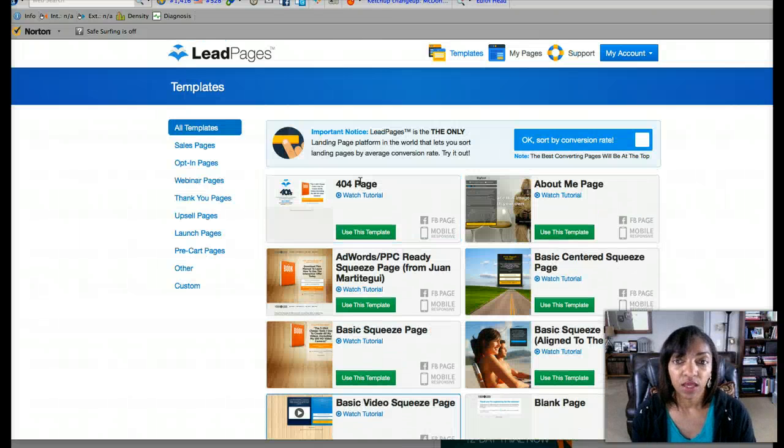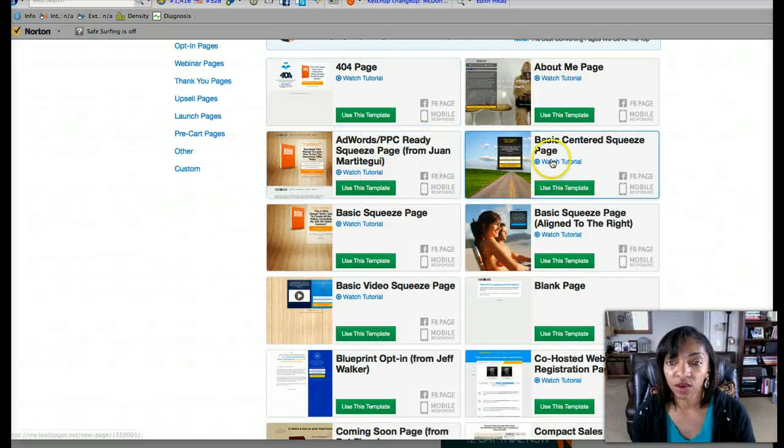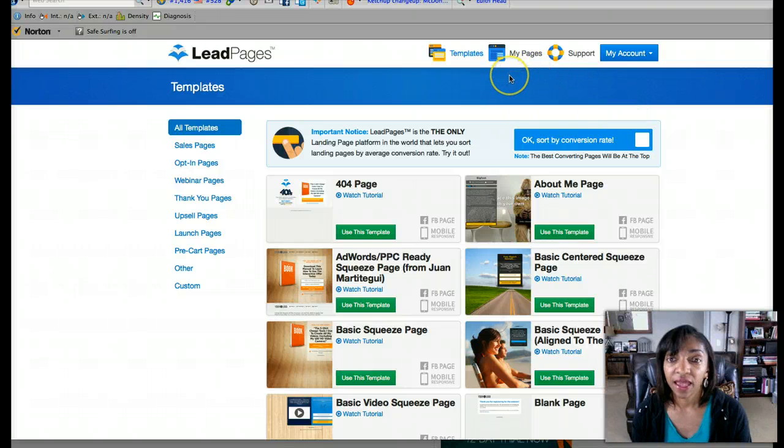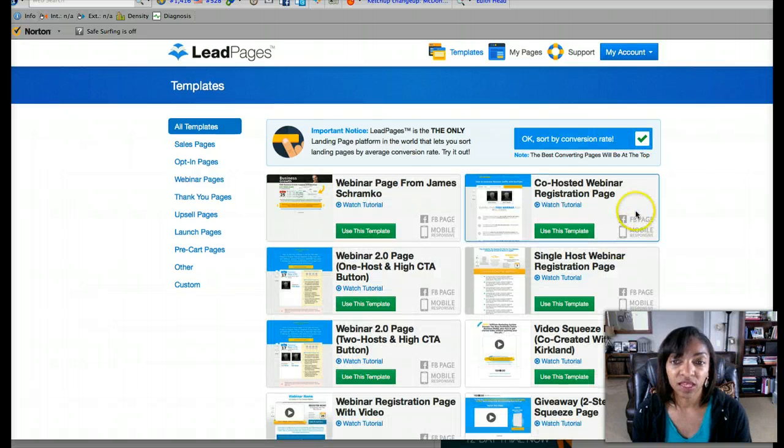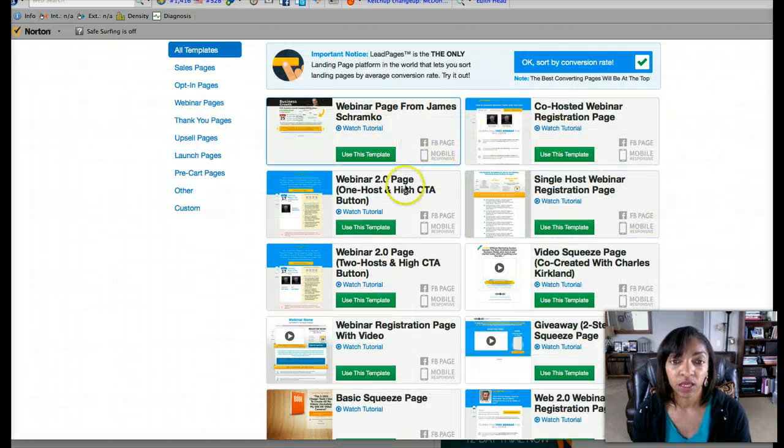So let's see here. Let's go and quickly just create. I'm going to use this template. Oh, you'll also see here that you can use these on Facebook pages as a tab on your Facebook business page, for instance, and that they are mobile responsive, so they're going to display great on your mobile devices, and that you can also sort by conversion rate. So I'm going to click on that,